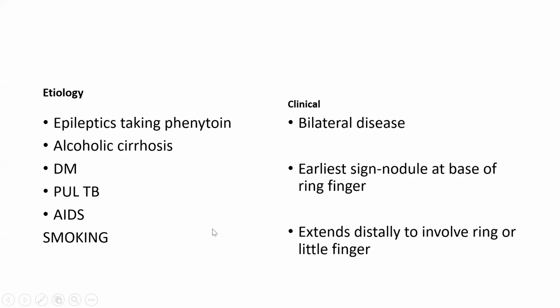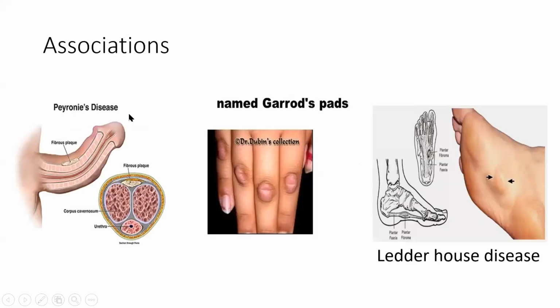This is all etiology. Now, association of this: it is a type of contracture or fibrosis. So it is also associated with many other fibrosis in the body. This is a disease known as Peyronie's disease, in which there is a corpus spongiosa or cavernosa thickening. तो इसमें क्या होता है? फाइब्रोसिस हो जाता है, कॉर्पस कैवर्नोसा का फाइब्रोसिस हो जाता है. So this is known as Peyronie's disease. Because the fibrosis is very common. So it's like fibrosis उधर हो रहा है and हाथ में भी हो रहा है.